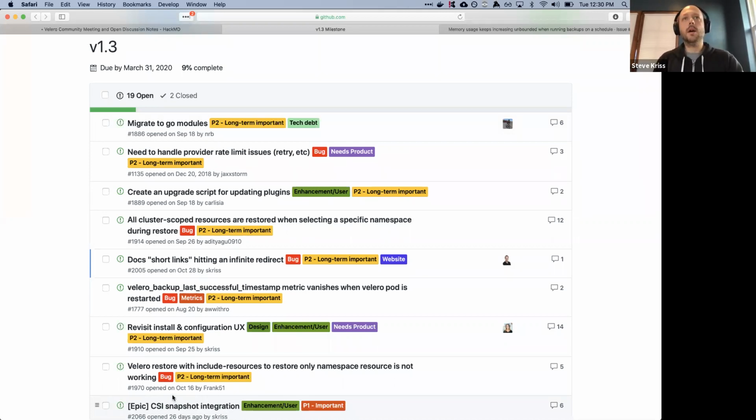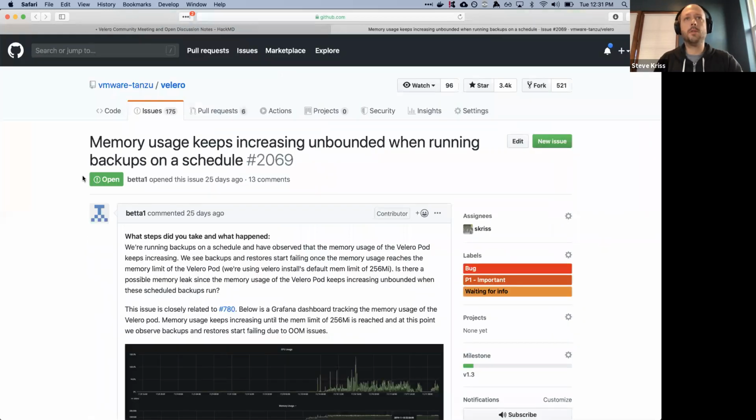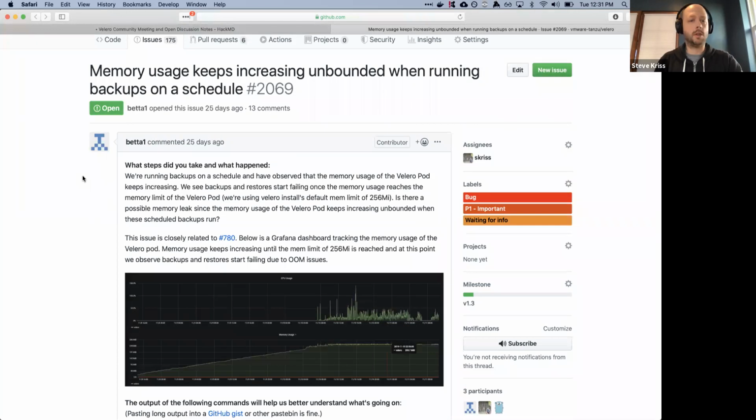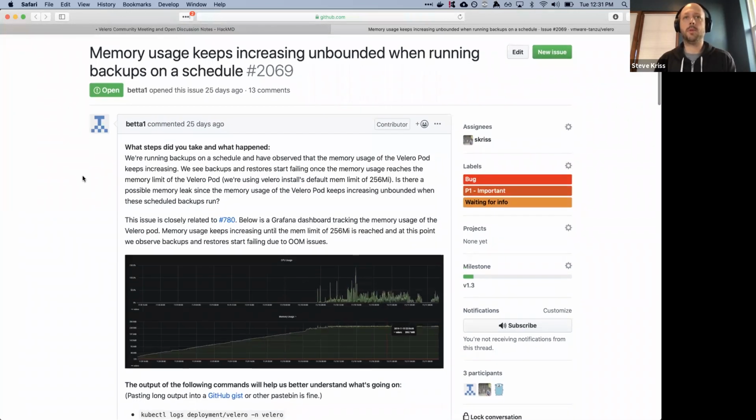Sounds good. So that covers the planning. And then yesterday we have a bug in the 1.3 scope around a potential memory leak. This was reported by some of our colleagues from EMC. I started digging into this, but haven't totally tracked it down. It appears to be related to some of the code that we have for running hooks, so pre and post hooks.